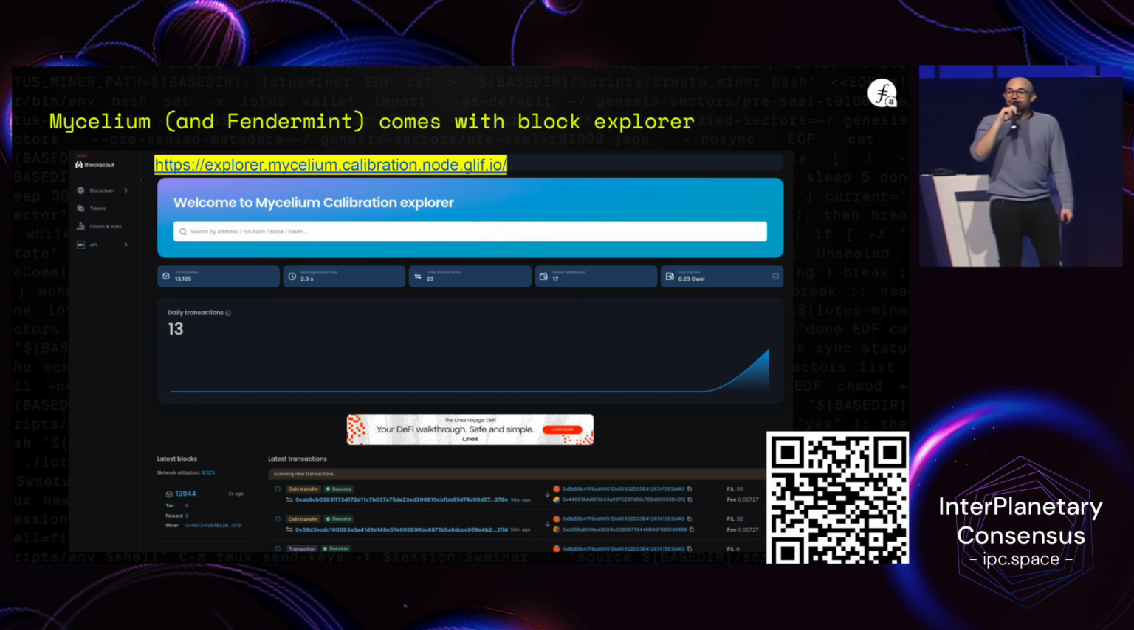Another huge announcement, and George, thank you for this, and many others that fought against BlockScout and Fendermint. So Fendermint is compatible with Ethereum block explorers. If you go to this URL, you can probably scan that QR, I haven't even tested it, you will see the Mycelium Calibration Explorer, where you can see what is happening in the network and in the Mycelium L2, as if it was any other Filecoin or